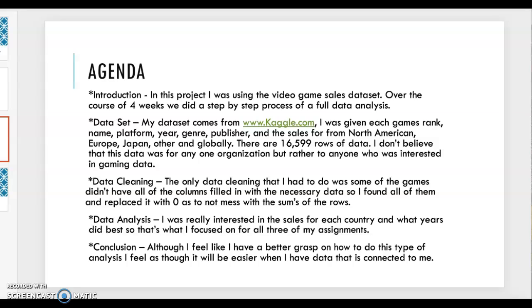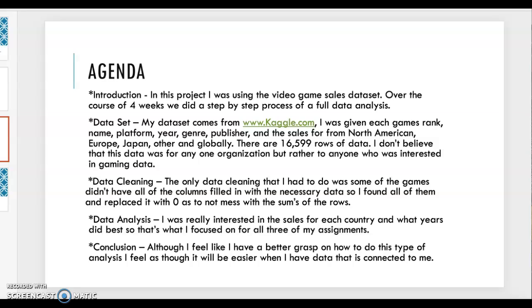My agenda, the introduction. In this project, I was using the video game sales data. Over the course of 4 weeks, we did a step-by-step process of a full data analysis. My data set comes from www.kaggle.com. I was given each game's rank, name, platform, year, genre, publisher, and the sales from North America, Europe, Japan, and then there was an other category, and then the global category. To be specific, there were 16,599 rows of data, and I don't believe that this data was for any one organization,